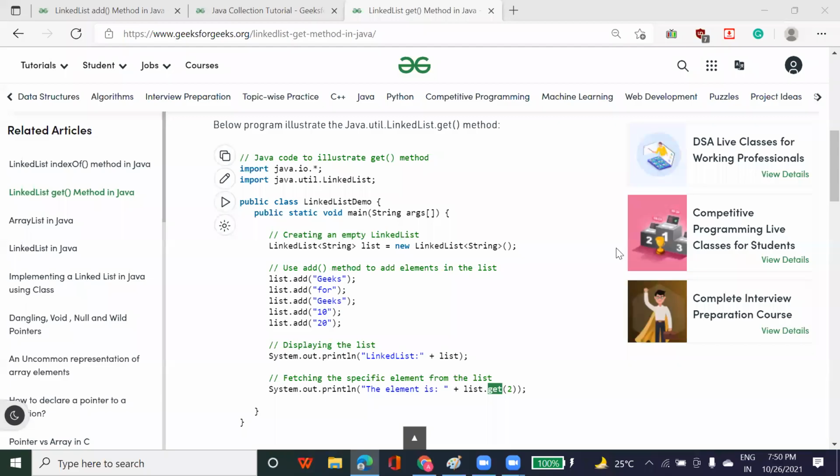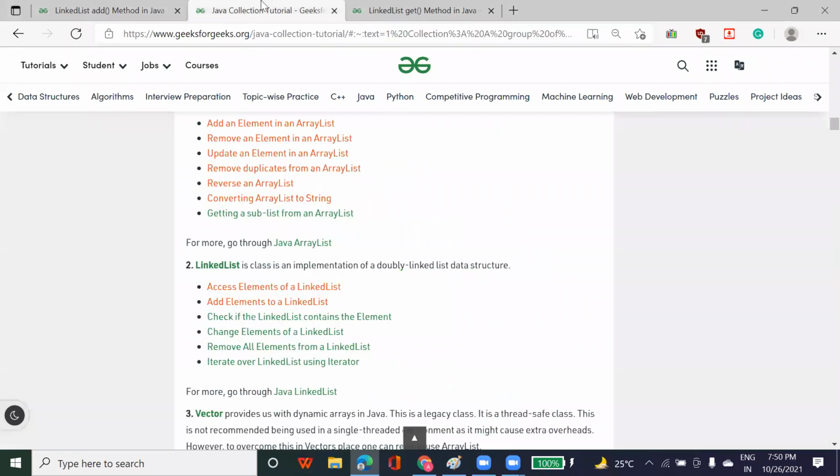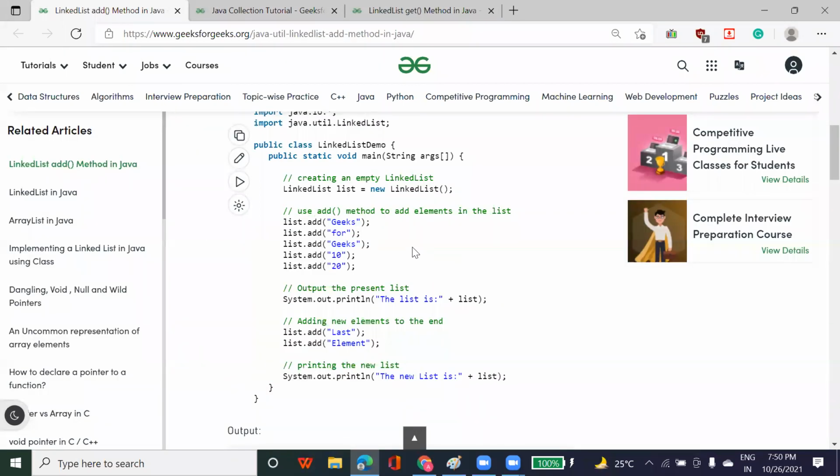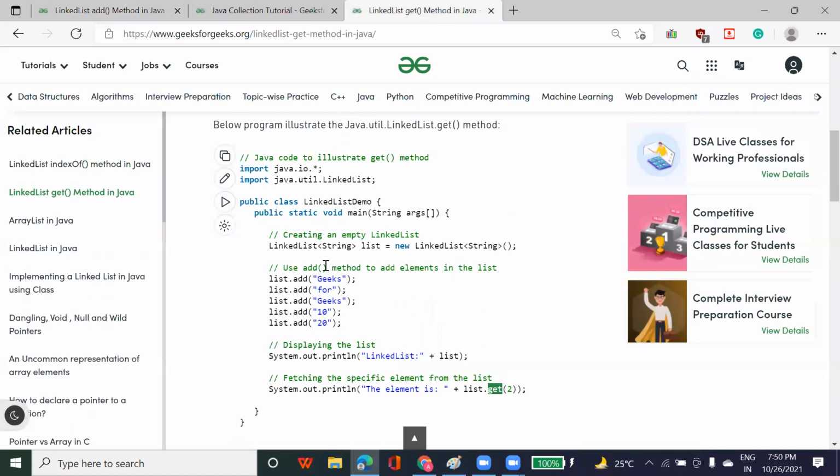Yes, sir. If you remember, I told you in the previous session that it's very easy to add an element. When you want to add an element of a different data type, you don't have to pass any data type here. Let me show you the difference.